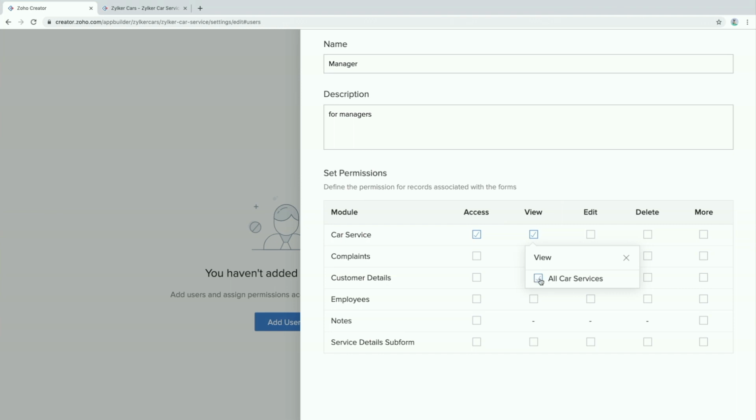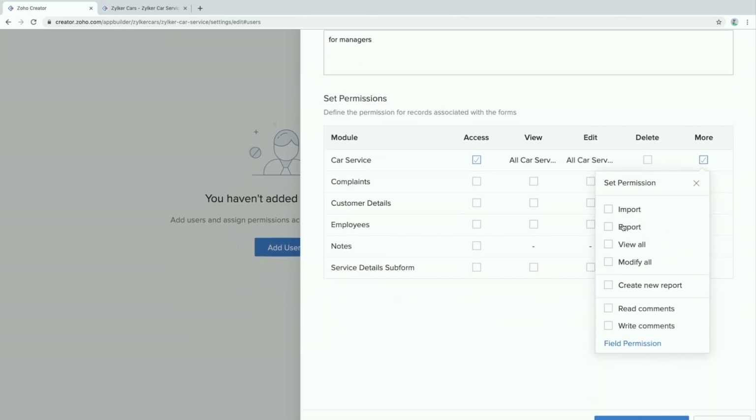So I'll select all car services. So that's view permission. Edit permission will allow the user to edit or update the record. Delete, as the name implies, will allow a user to delete information. Now, let's assume we are not going to provide the delete permission for the manager, so I'm not giving anything in there. Let's quickly see what's under more.